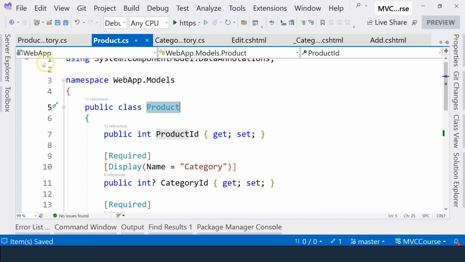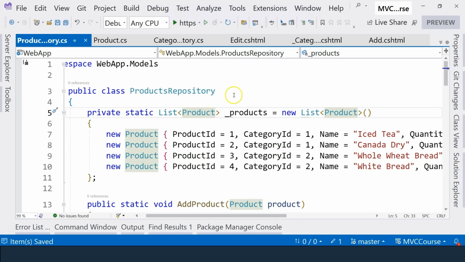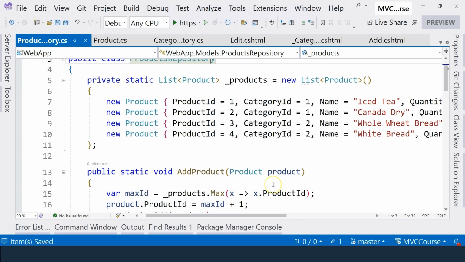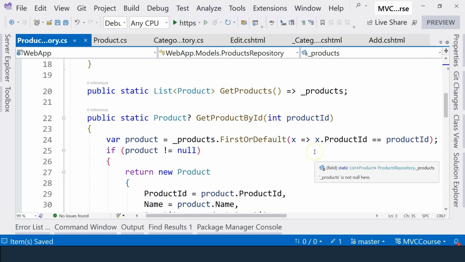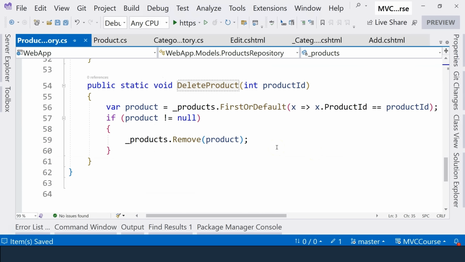I also prepared you with the product repository, where I have 4 different products seeded in the in-memory data store here. And I have already implemented the CRUD operations for add product, read products, update product, and delete product. The source code files will be attached to this lesson, so you can download those 2 files and use them